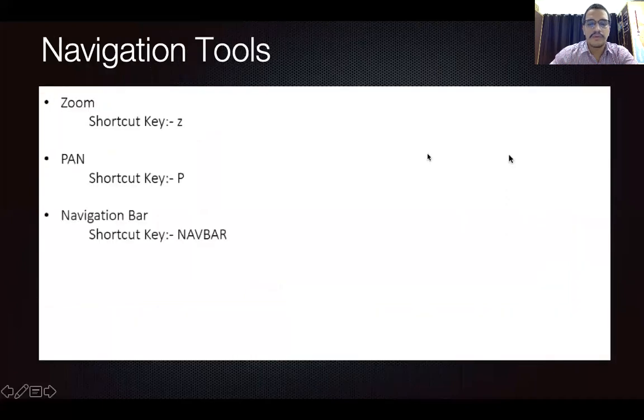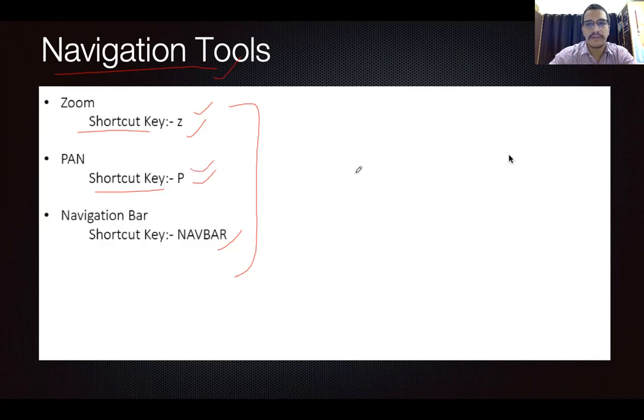Now the next thing is navigation tools. In order to set our drawing and to move from one section to another, navigation tools are very important and you should know the basic ones. Although as you proceed further in this course and in the software by yourself, you will see a lot of tools for navigating, these are the basic essential tools. The shortcut key for zoom is Z. We have also seen zoom in the last drawing limit area. Pan, I've just shown you, and the navigation bar is also there, where you have all these tools.